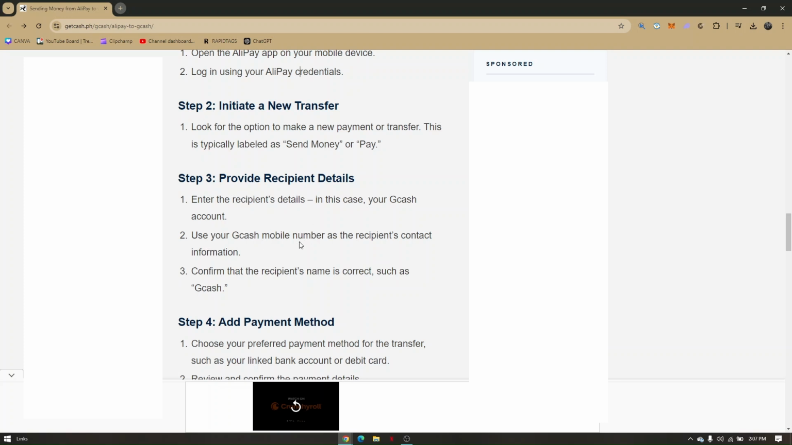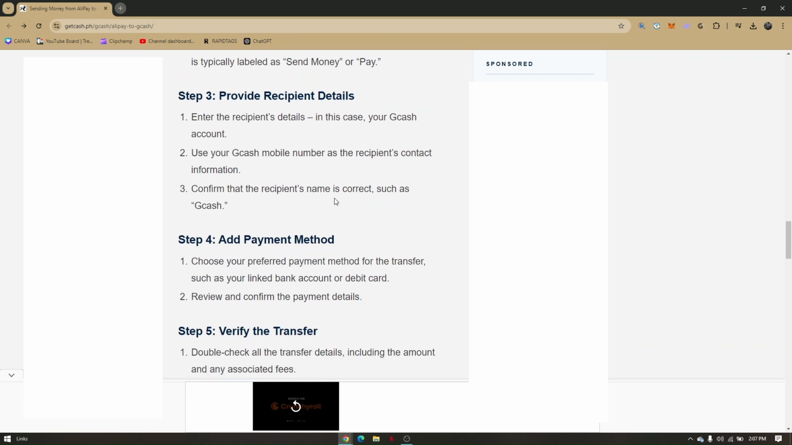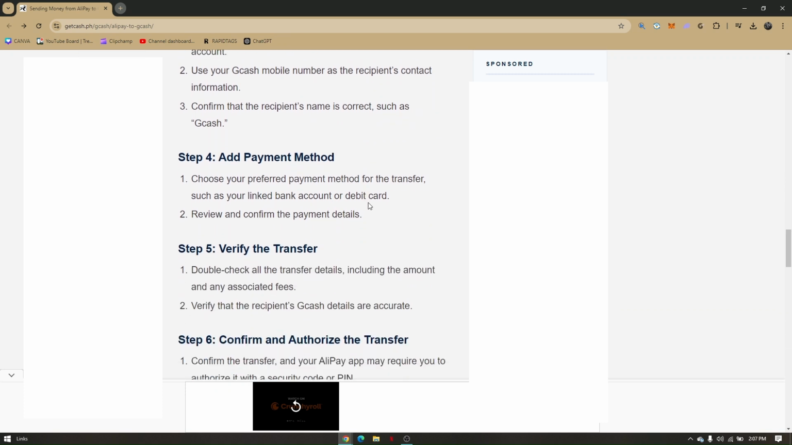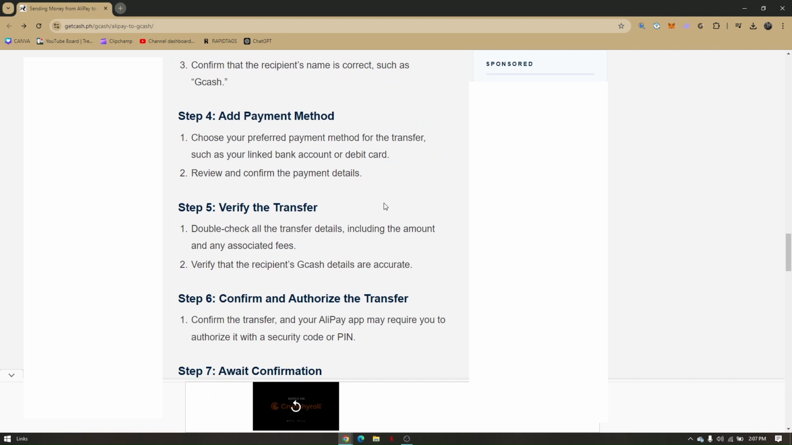Now use your GCash mobile number as the recipient's contact information as stated above, and then once you confirm it, you'll choose a payment method for the transfer, such as your linked bank account or debit card, and then after that you can review and confirm